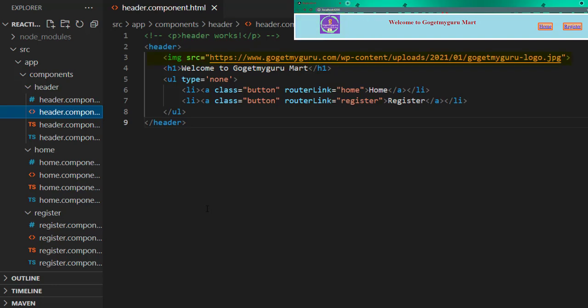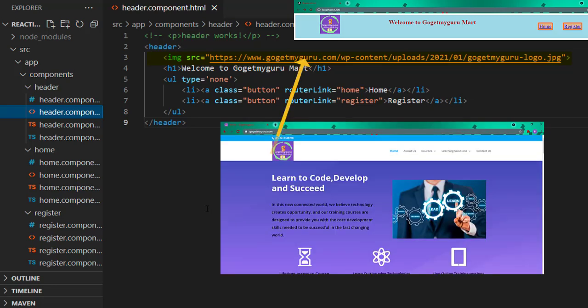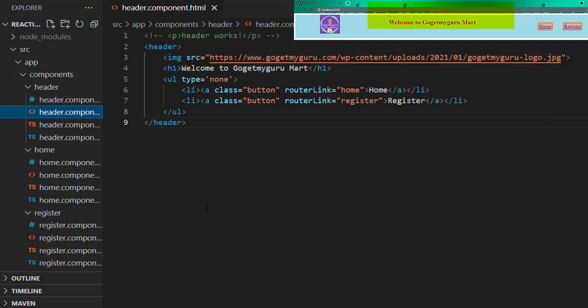So I have selected the header tag. In the header tag I have taken an image tag. For the source attribute I have copied the image address from the Gogetmyguru official website. And to display the string welcome to Gogetmyguru Mart on the header I have selected the h1 tag. To display links for home and register I have selected the unordered list tag. In the unordered list tag I have selected the list tag. In that I have written routerLink equal to home and the link name as home. And for the register link, I selected one more list tag and I have written routerLink equal to register and